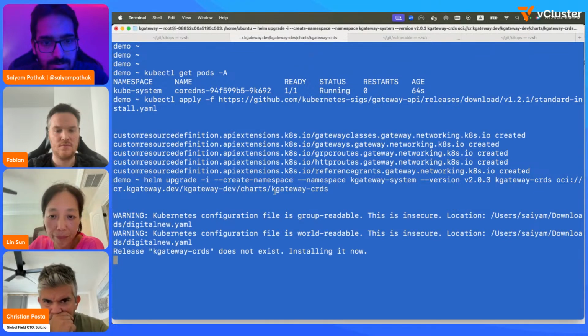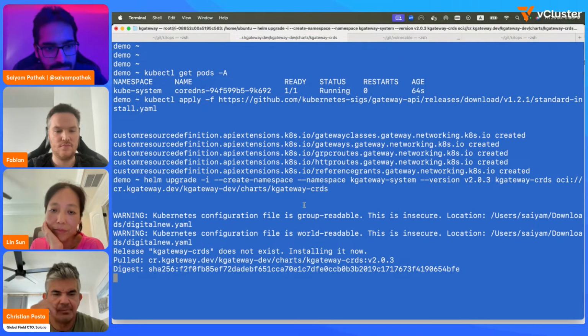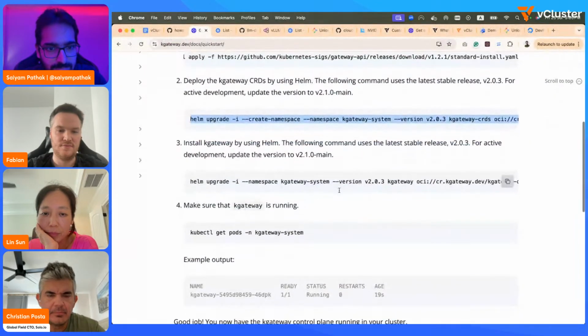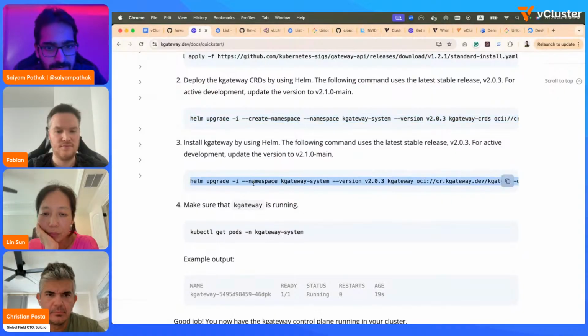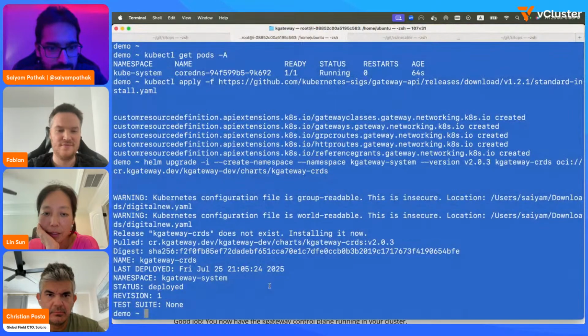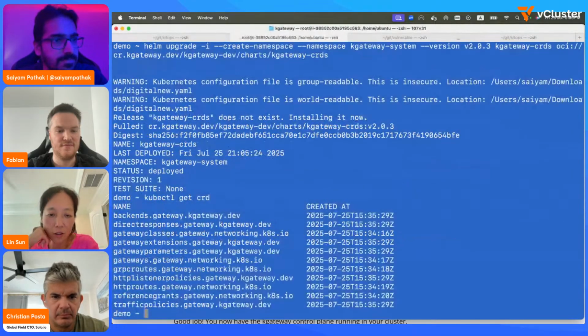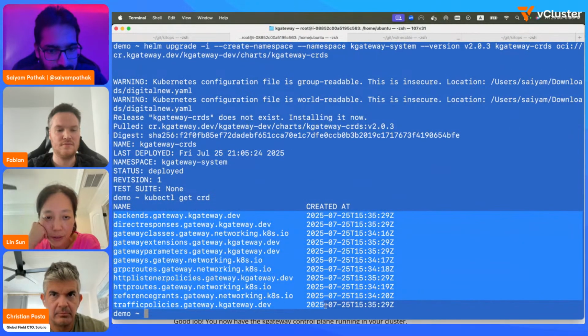So let's do the kgateway CRDs. And I'll copy this in the meanwhile. Yeah, so that installs the latest stable release of the kgateway project.